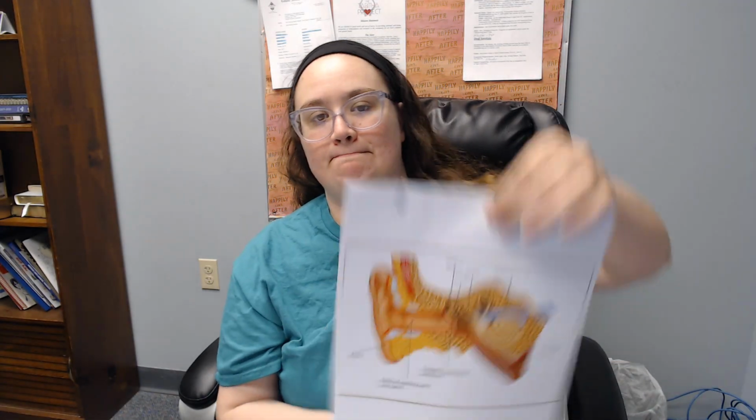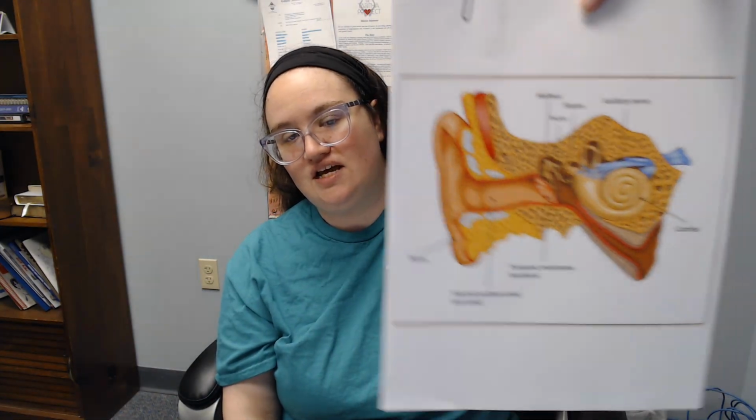And then on the back of that page, we have the ear anatomy, and I gave everyone this picture to show the parts of the ear so you could kind of get an idea of what this page was talking about. So you have the outer ear, the middle ear, and the inner ear, and each part of that ear could have a different reason as to why you have a hearing loss. The outer ear helps to collect the waves, like it's like a funnel into your ear so that all those sounds can come in